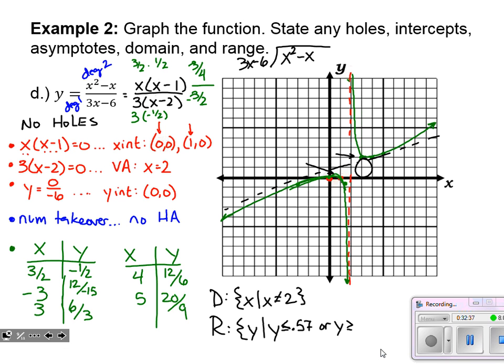And I get 1.94. As long as our y value is not in between those y values, we'll be okay. It has to be either below 0.57 or above 1.94. So pretty complicated when we have no horizontal asymptote. That's not going to be a huge focus this year in Algebra 2, but boy, will you cover it in pre-calc next year. So it's nice to have a look at it right now.